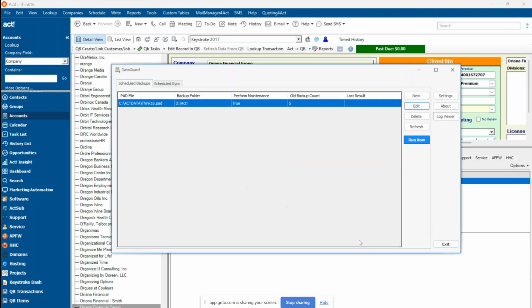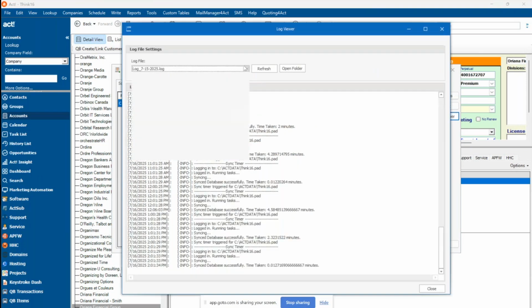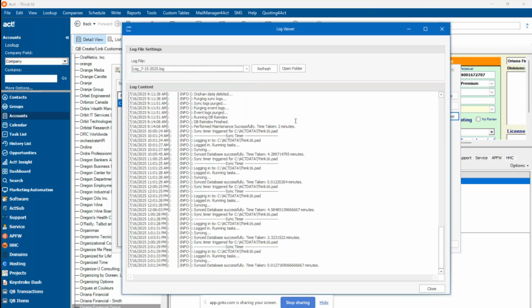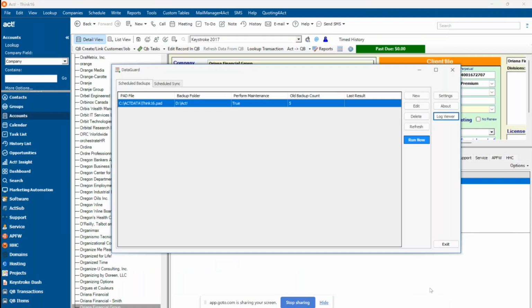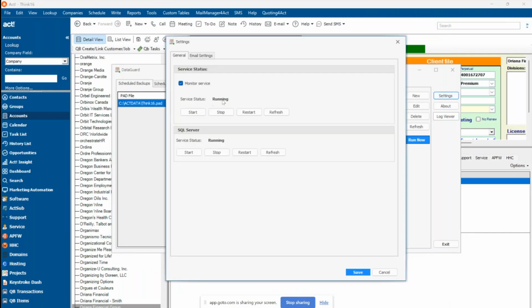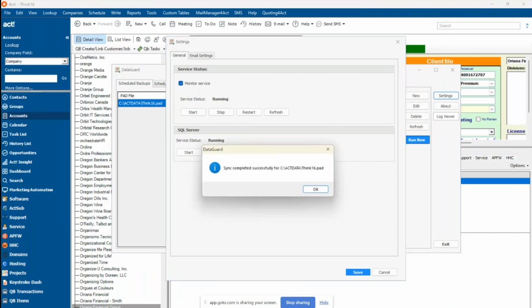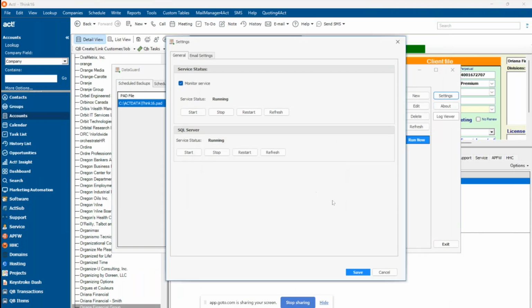Now, one of the nice things is to go into settings. By the way, you've got a log viewer here, and you can check the logs so you don't get them in one big thing. If you go into settings, you can see that the service is running. This checkbox here, so my syncing is done. This checkbox here,